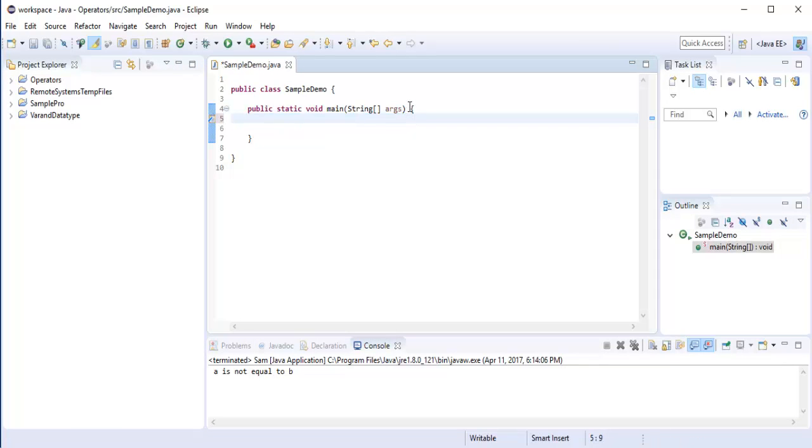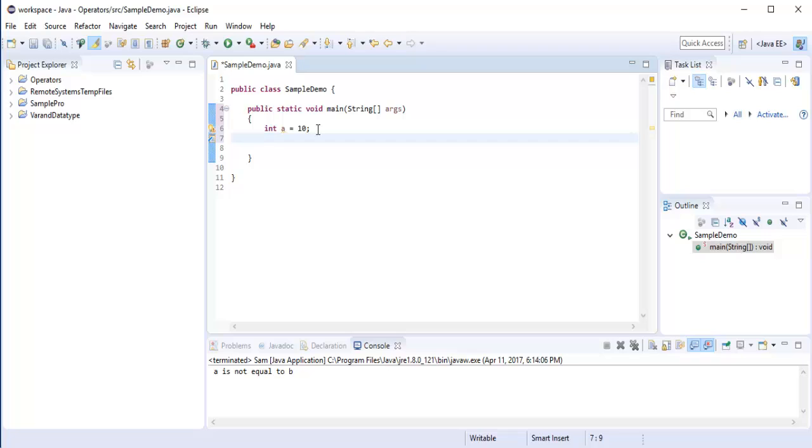Here I'm trying to initialize a variable. If I need to assign a value to this variable a, I need an assignment operator. This equal to present here is called the assignment operator.